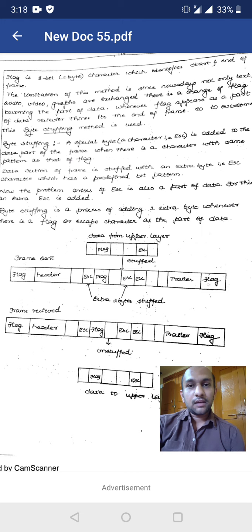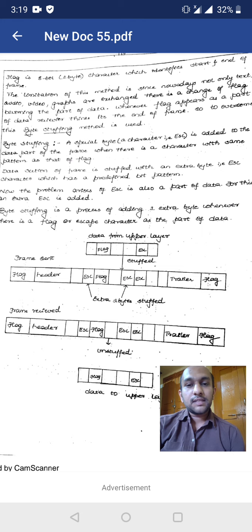In this data we have 101 twice, hence the receiver system may think that the first 101 is a starting flag, and when it repeats it will think it is the ending of a frame. Hence, to avoid confusion between the flag and the data, we will add some extra bits to our data.